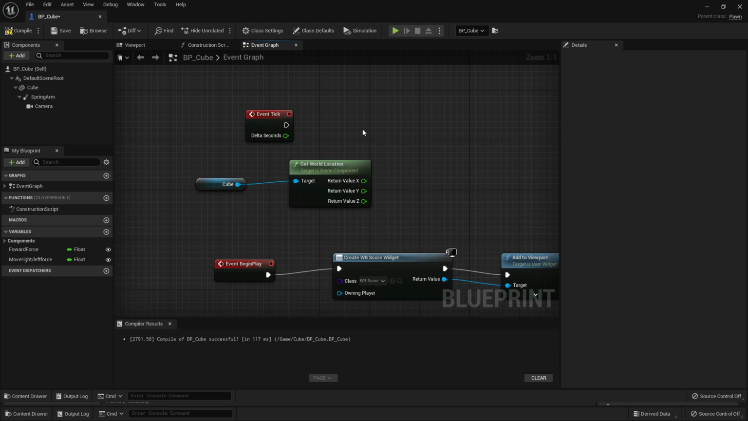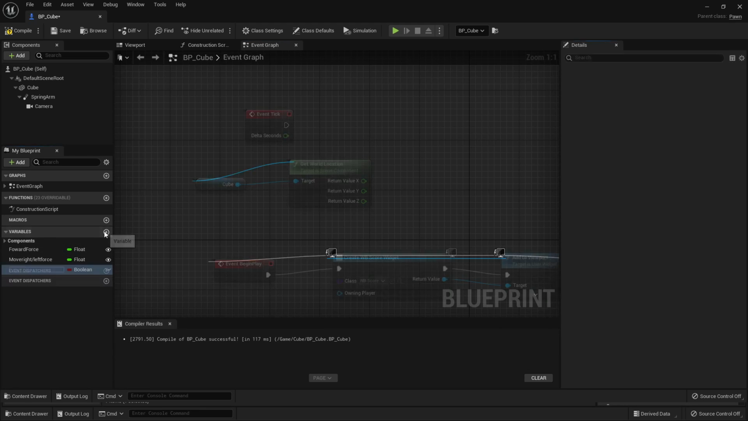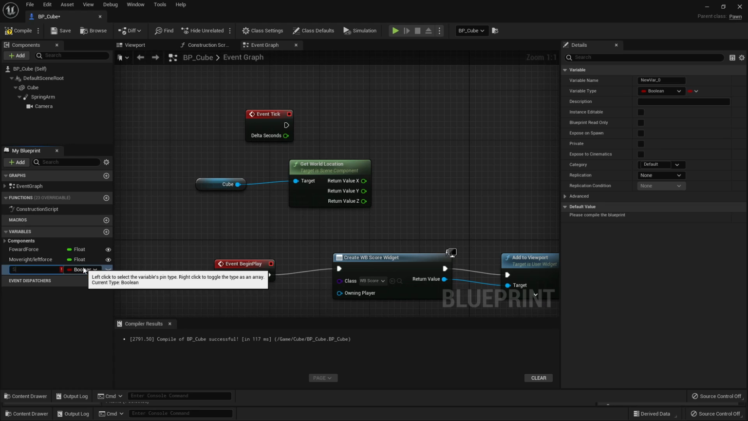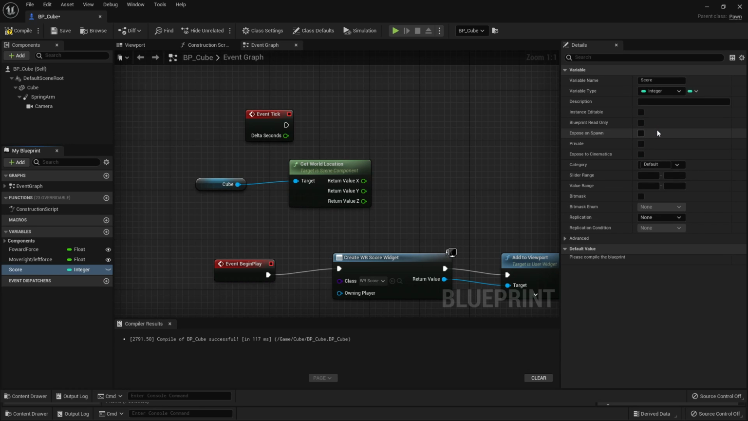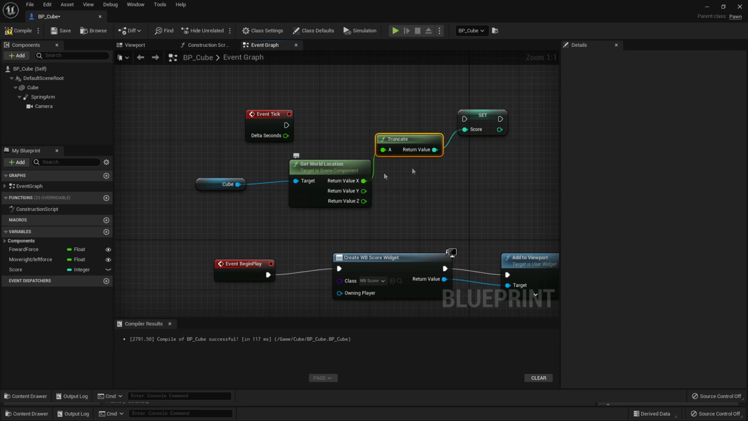We're going to keep our score on a variable. So we just go to create new variable and just call this score. And we actually want this variable type to be an integer. The reason we're making this score variable an integer and not a float is because integers only contain whole numbers, whereas floats can contain decimal places. So we just drag in our score and look for set score, and then drag from the x into the score. This will convert our float into an integer. And then if I just hook up event tick into the score and go compile,